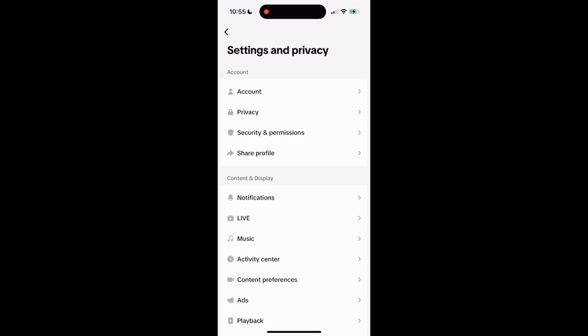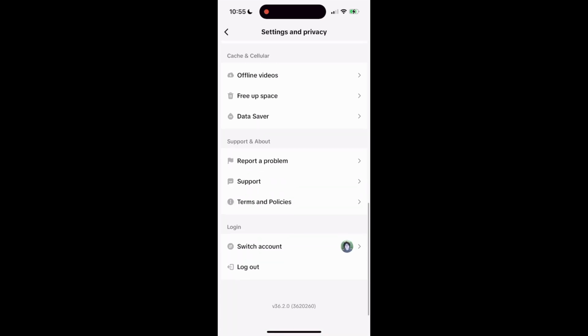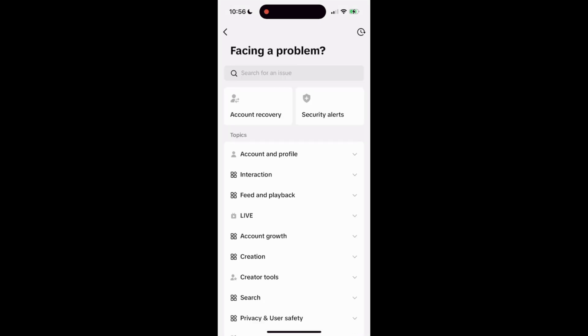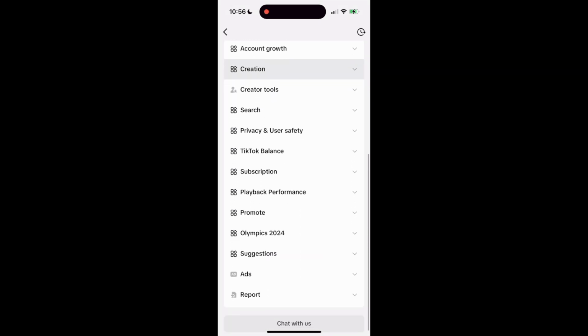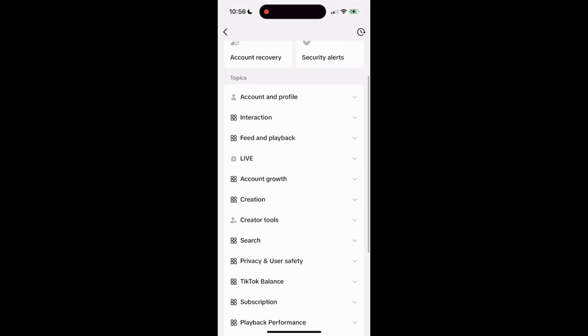On the Settings and Privacy page, scroll all the way down towards the bottom. Then, under the Support and About section, tap on Report a Problem. Now, you'd think the thing would be to tap on Support, but Report a Problem is actually the one you want. Now, here you can see a bunch of different categories that pertain to different sorts of issues you might